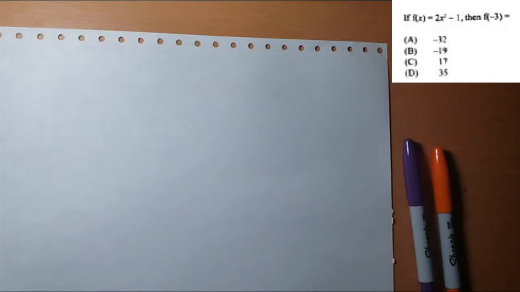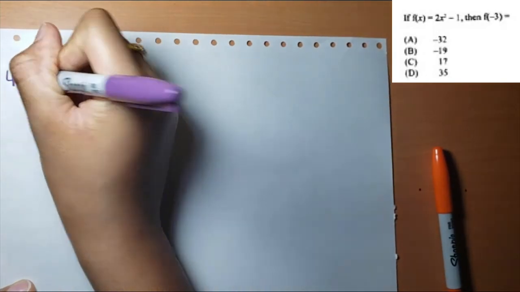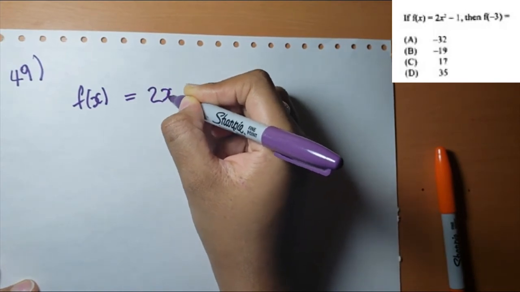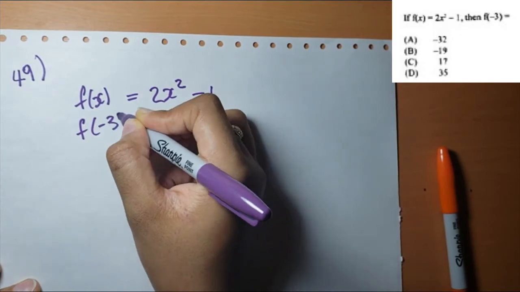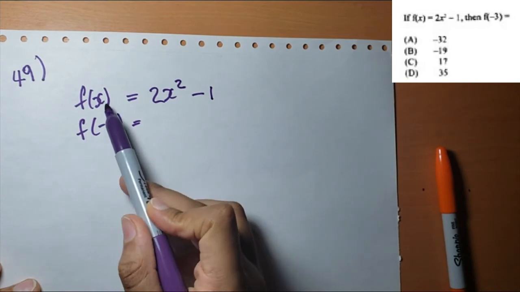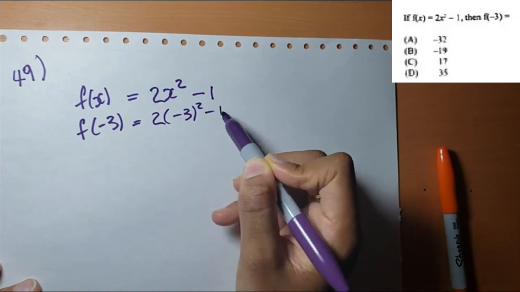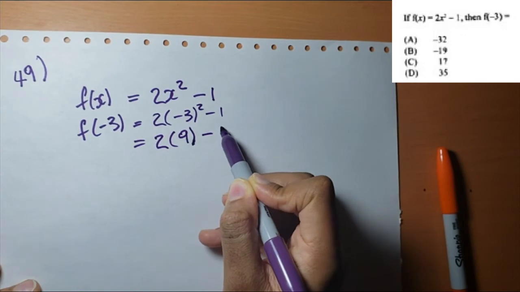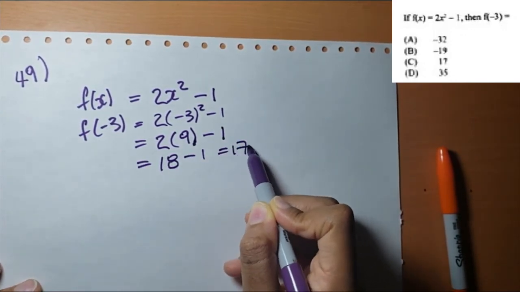It does not matter, just be consistent. So item 49, if f(x) is equal to 2x squared minus 1, then f of -3 is equal to, so the way we're going to do this is we realize that the -3 is replacing the x, so wherever we see x we're going to put -3. That is now 2 open bracket 9 minus 1, that is 18 minus 1, which is equal to 17,